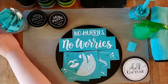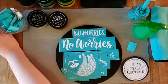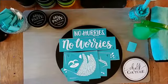So, very good question to pose to you. What color is a sloth? What color is their fur, in your opinion? What color is the face of a sloth? And how would you mix it? Because